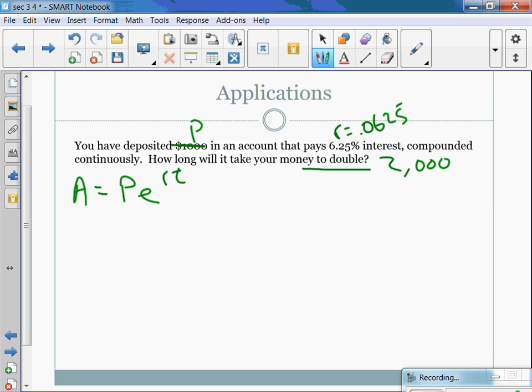Michael? If I did not tell you how much we started off with, would that change the way we did this problem? Because what would my A be? Sophie? As Sophie said, my A would just be 2P. So instead of having 2,000, it is 2P. So in this case, I'd have 2P equals, again, if we don't know what P is, it's P, e to the